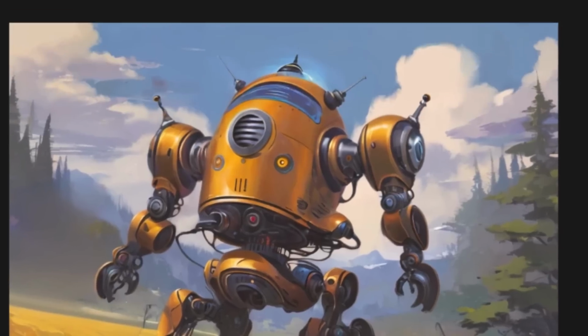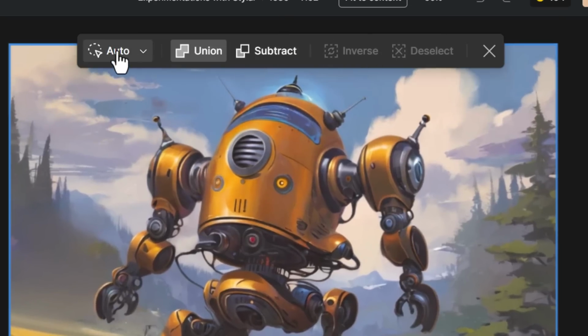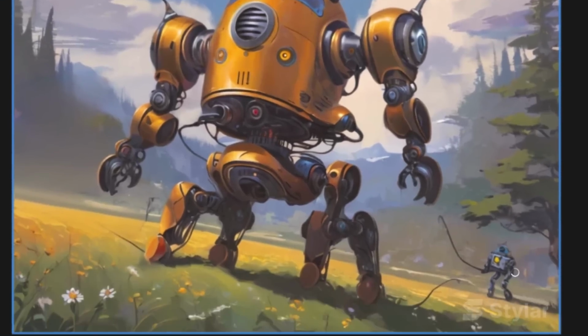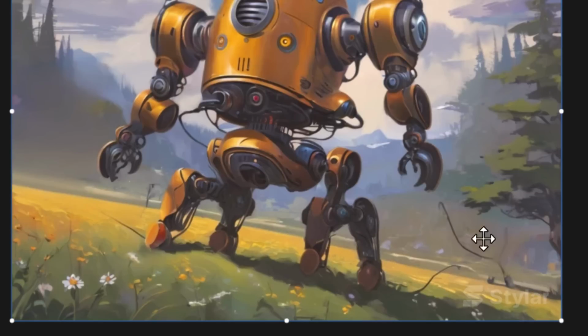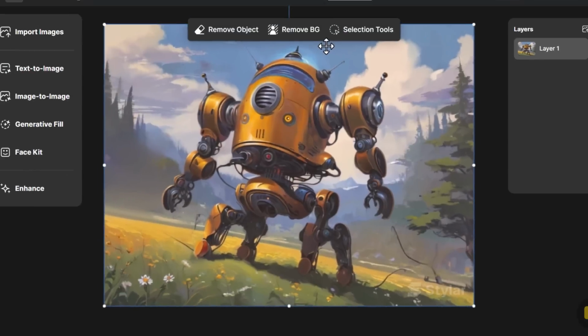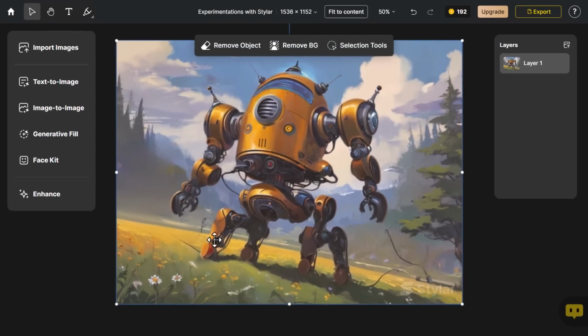And again, if I go back to my selection tools, choose auto, I can remove it from the scene, and it's used AI to remove what was selected. It didn't quite select the feet, but you get the idea. So you got some basic tools with that image straight away, but we can also just straight up remove the